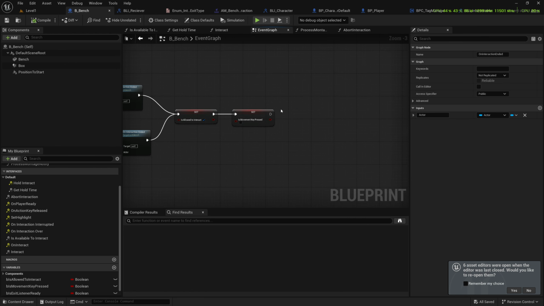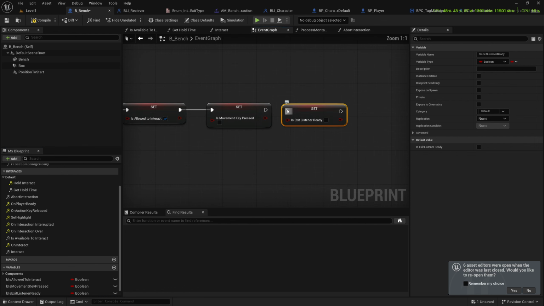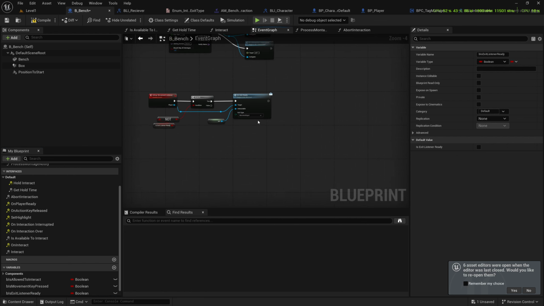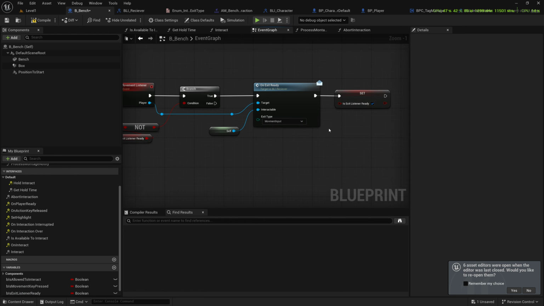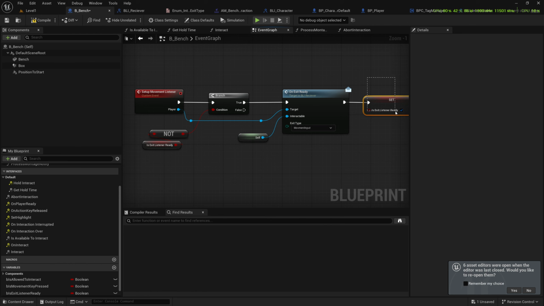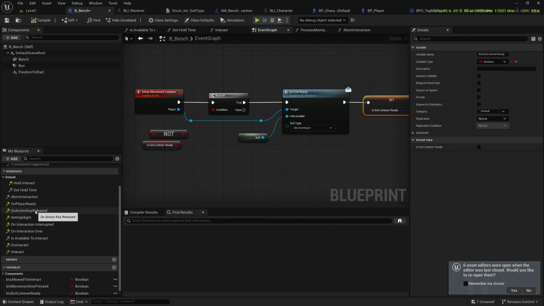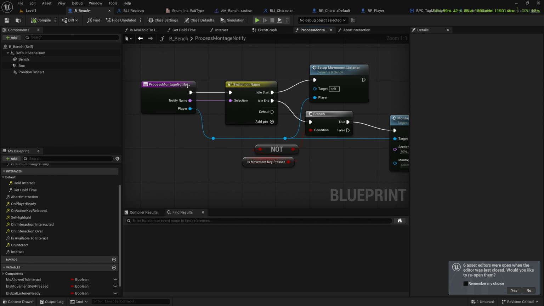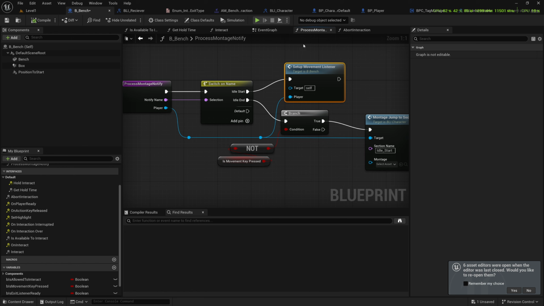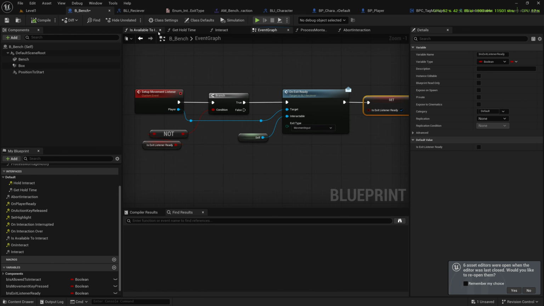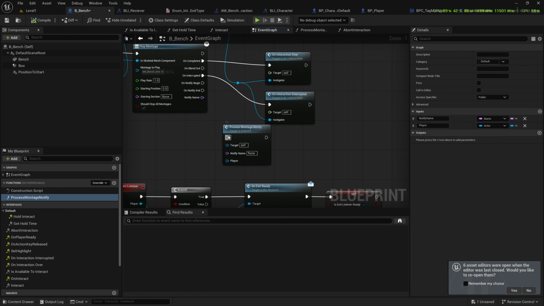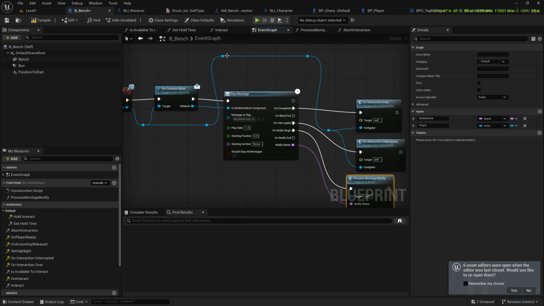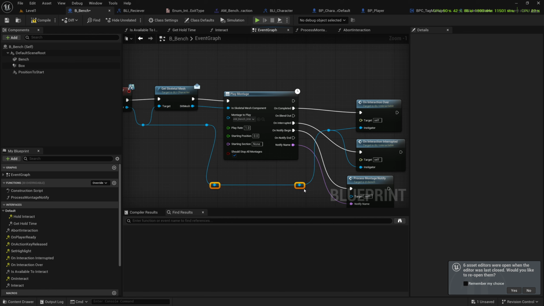And one last thing, that is we have to reset the exit listener ready to false. And here we will set it to true because now we have notified the receiver and it will make a call. So this is only supposed to be done once. So we can compile and let's double check our process montage notification. You will set up the movement listener, and in the event graph, you can now connect with the notify begin. So we will call this and we will plug it here. This is the notification name, and you need to reference the player. So you can get this,